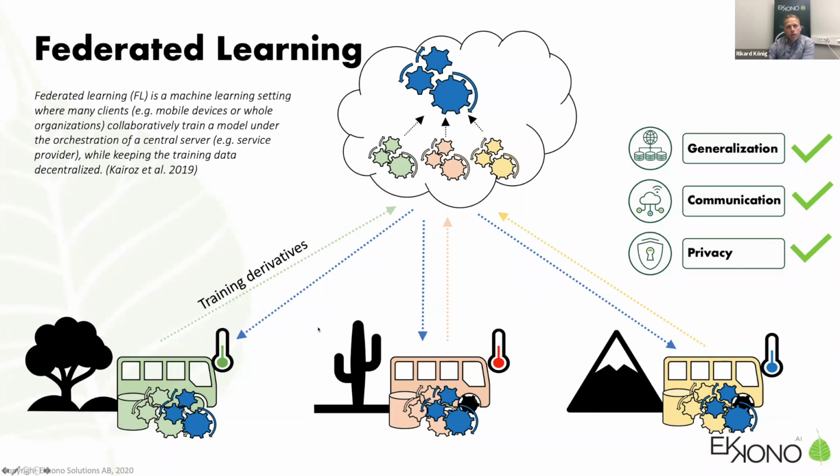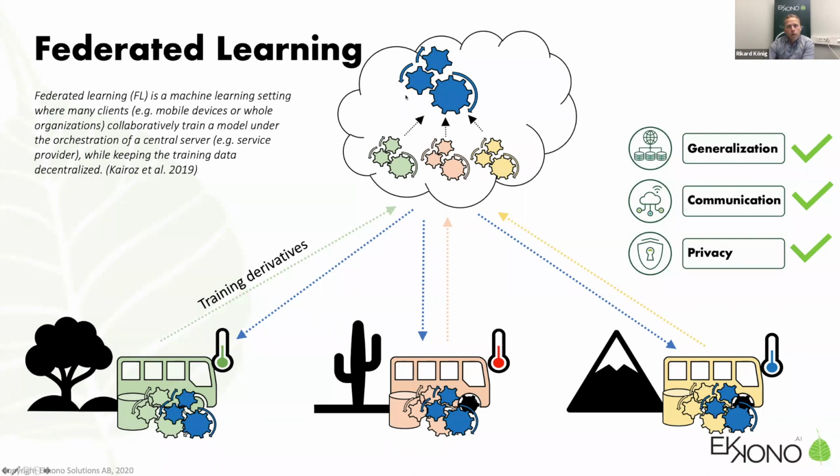And the general idea is that you have a supermodel that is common for all devices. That one is sent down, so each device can use it. Then you want to train with data from each device. You have a small buffer of data. You train the model, and then you send the training derivatives, not the raw data and not the predictions as in centralized and decentralized learning, but the changes to the model. These changes to the model, the updates, are sent to the cloud. And here they can be combined into a new supermodel or enhance the supermodel that you have. This is typically done with a technique called federated averaging.